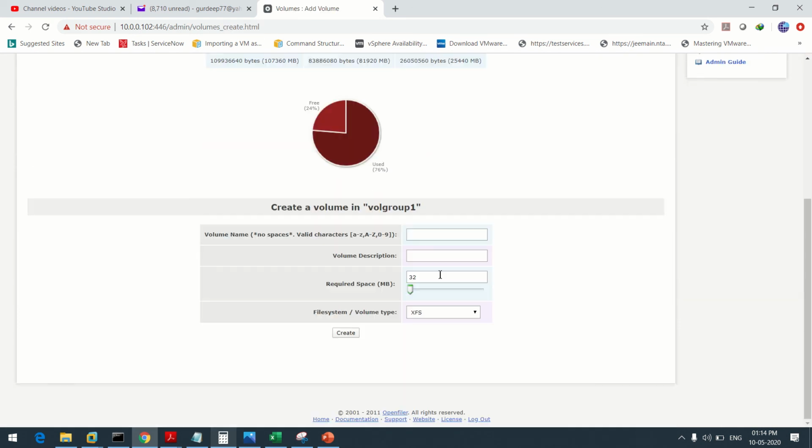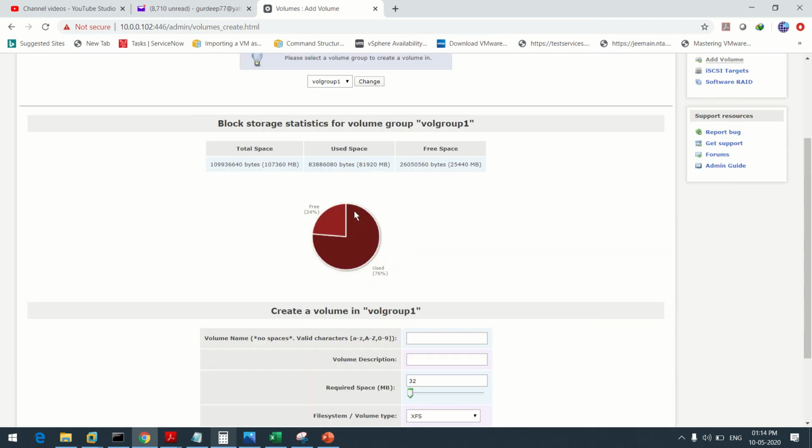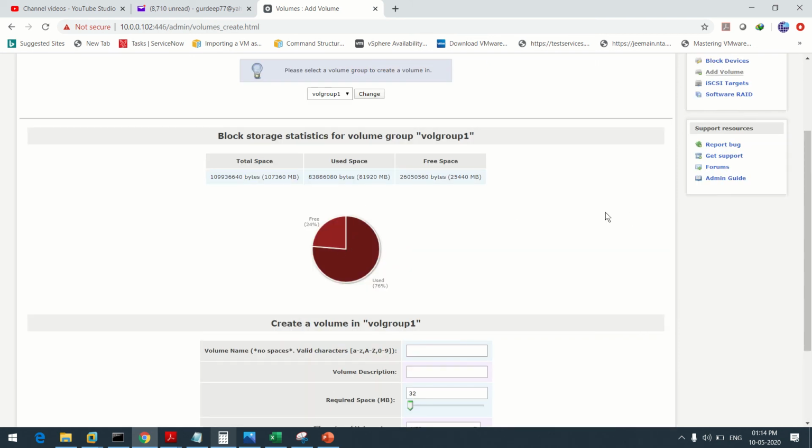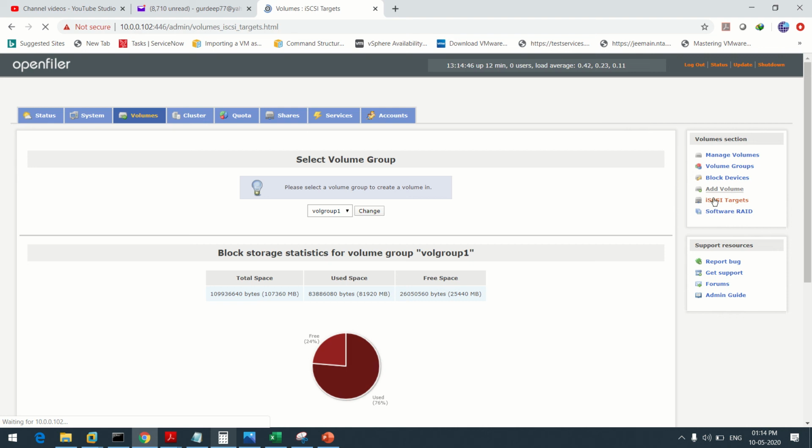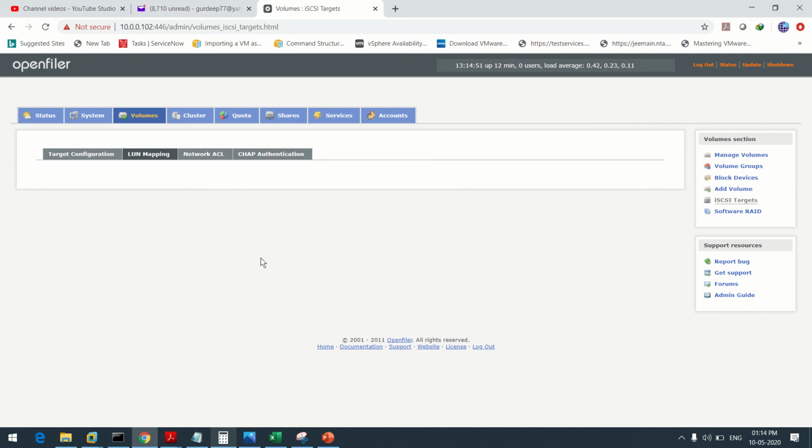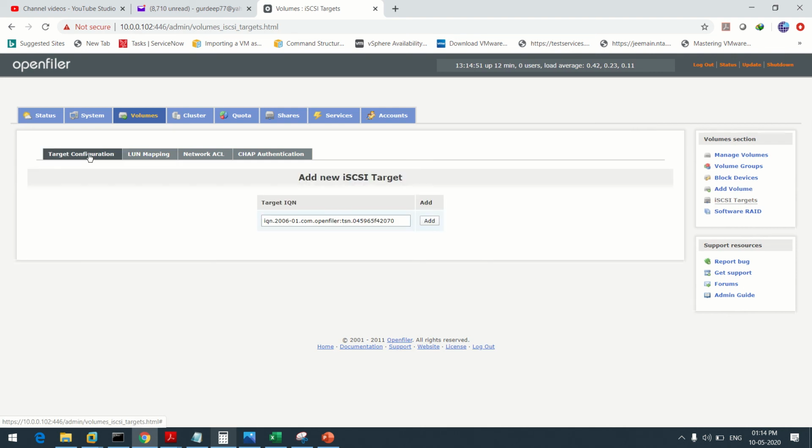So everything is fine enough. 24% still free. iSCSI targets. So add here.